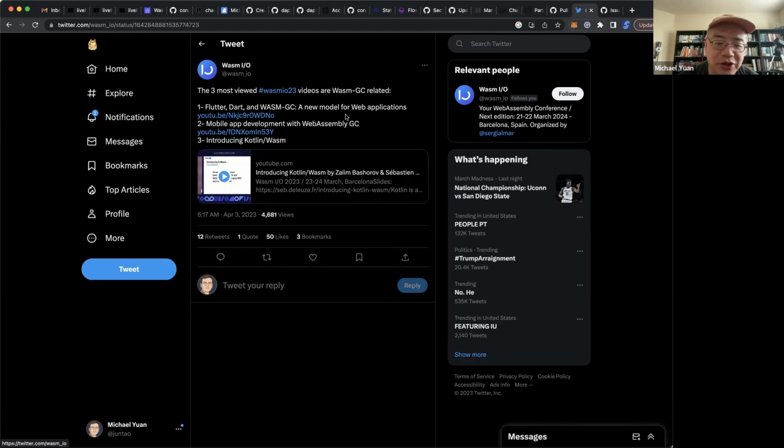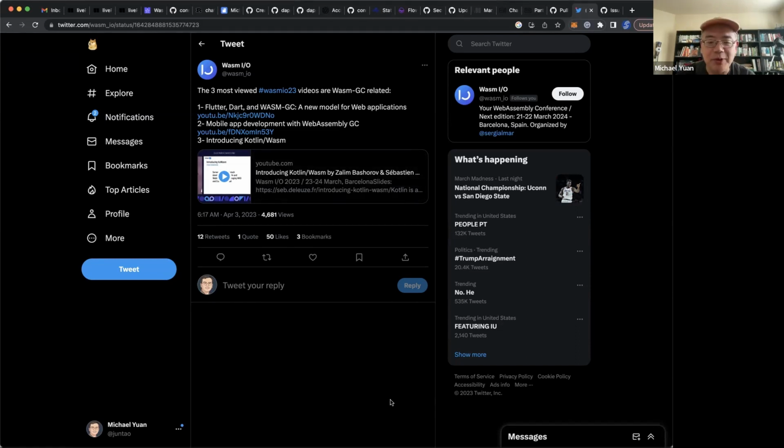It's to see the vision that those guys have for this Java-like language. And in order for Kotlin to be successful on the server side, they actually have modified or updated the Kotlin compiler so that it can generate WASM GC compatible code. Because it's like Java, on the language syntax level, there's no way to claim back free memory, so you have to rely on GC to do that. So I think that's the importance of